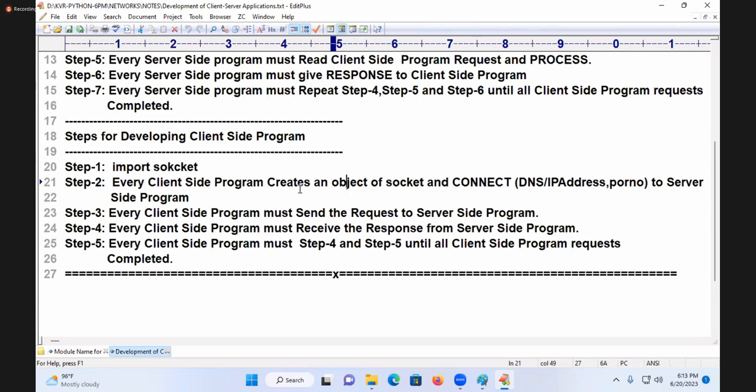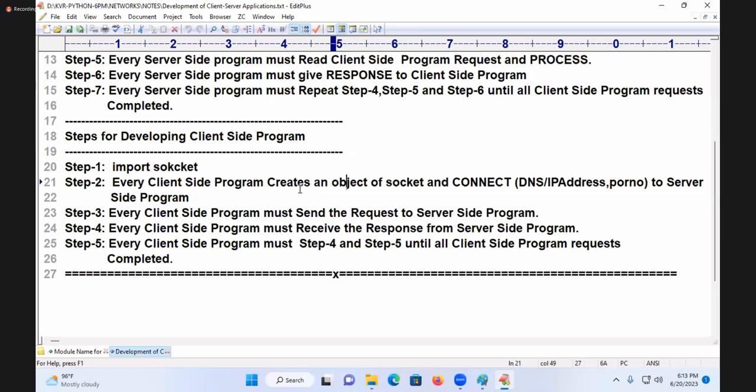Program A. Write a server-side program in such a way that